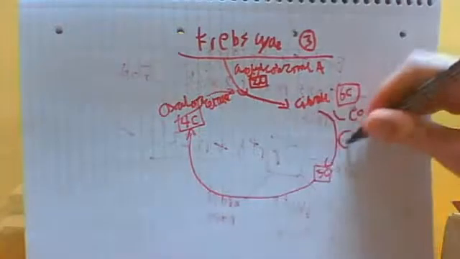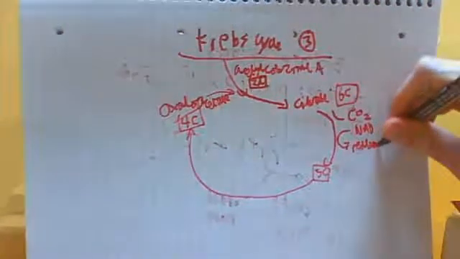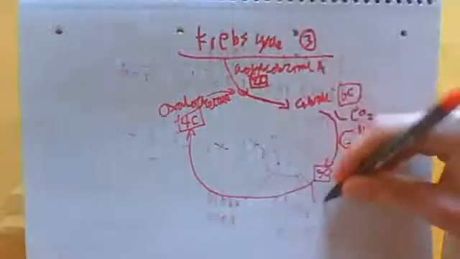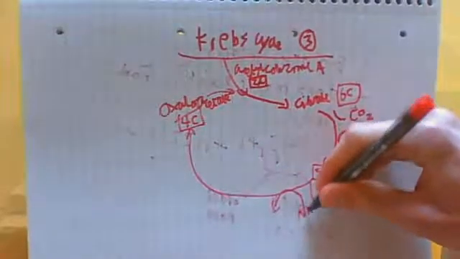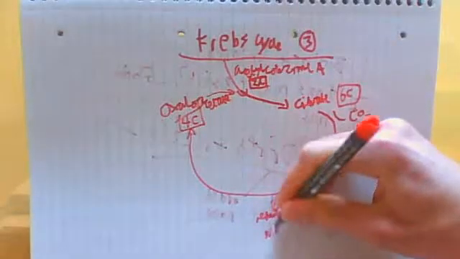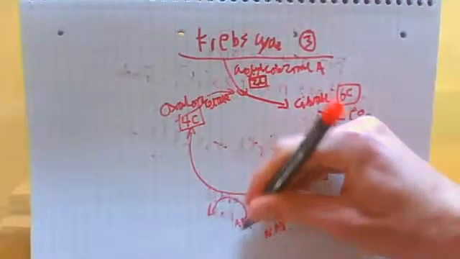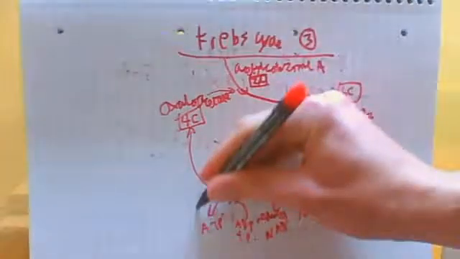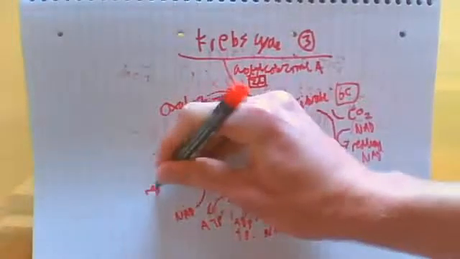The other thing that happens is an NAD is reduced, so reduced NAD. From this 5-carbon to this 4-carbon, you know that a CO2 has gone out because it's got to have been. You also know NAD is reduced to reduced NAD. ADP and inorganic phosphate forms an ATP. So this is the whole idea of energy being formed. You also have another NAD that forms reduced NAD,